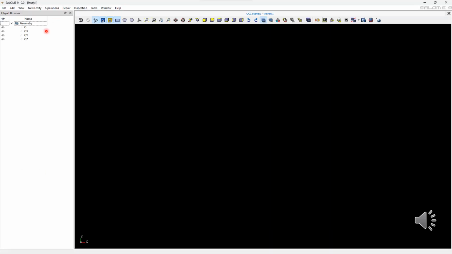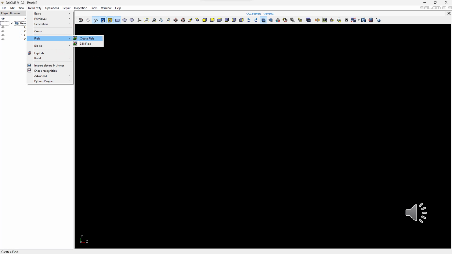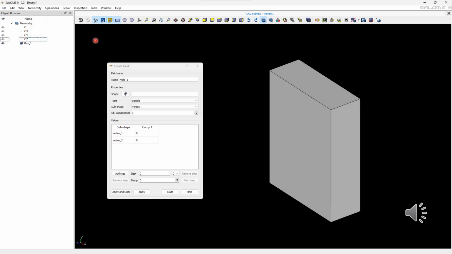In this video, we will create field and edit field. To select these options from the main menu bar, select New Entity and Field, and from here you can select Create Field and Edit Field. So here I'll select the first one, create field, and to create a field we need to select a shape,